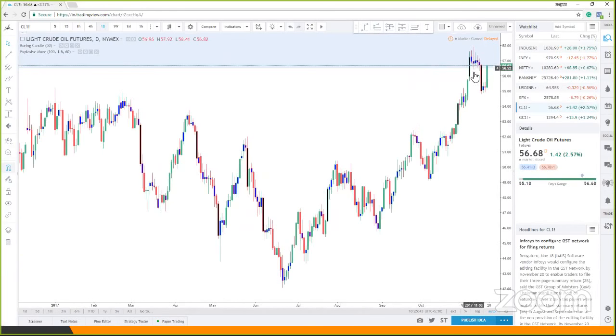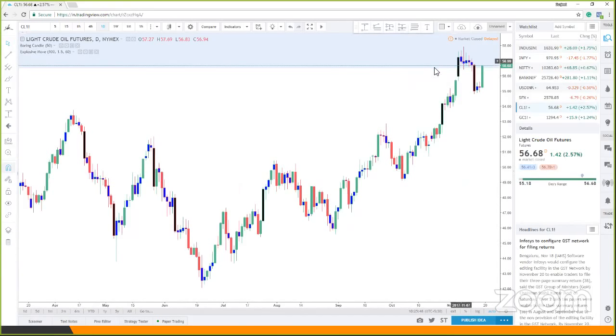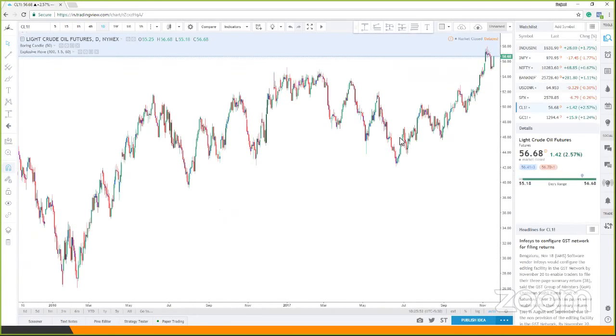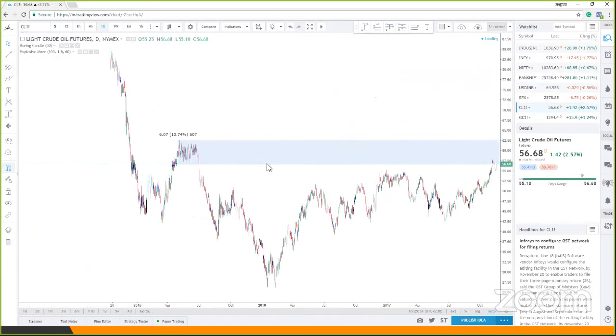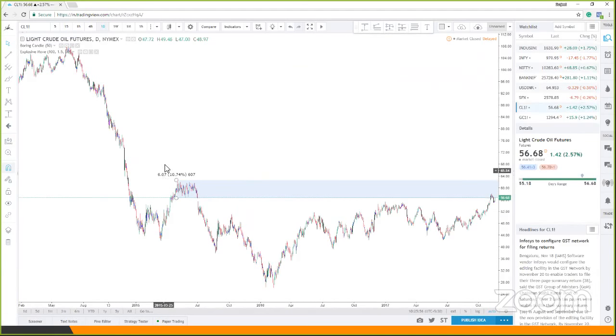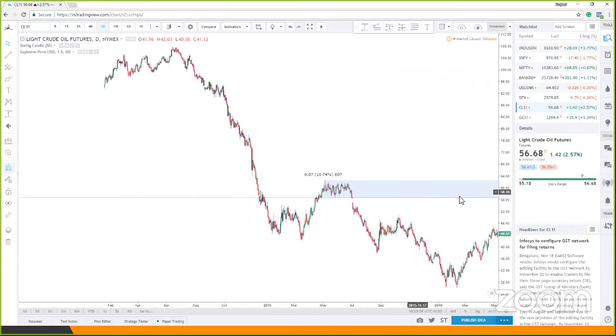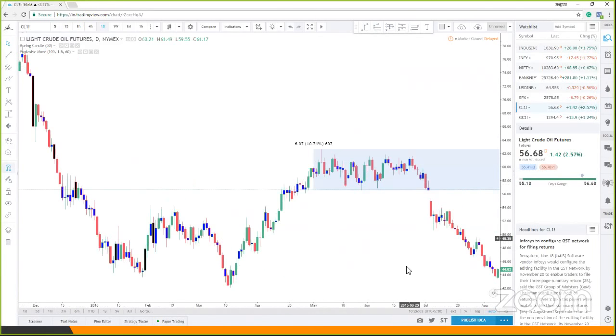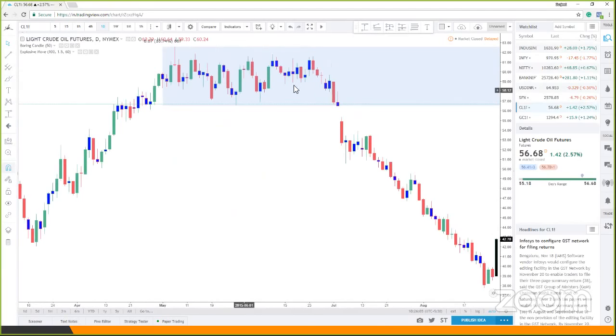In fact, if you look at the daily chart, we just hit a daily supply as well. Though the number of candles is too many, that is something we don't like in our demand and supply areas. So let's see what we have. If I just go into this area and zoom in, this would be a good area to participate.